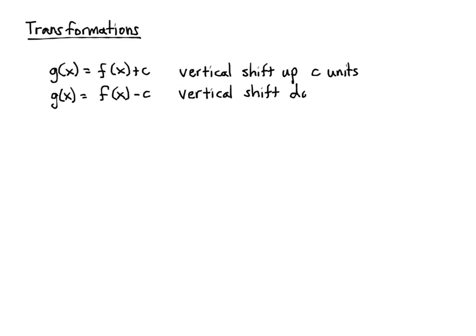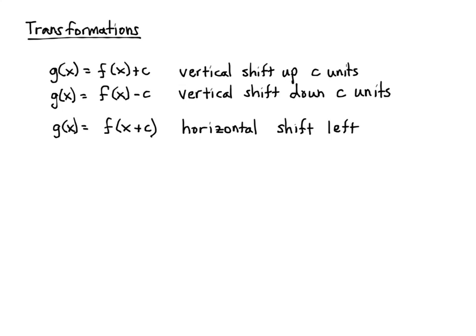Similarly, if we subtract something from it, we're going to shift it downwards c units. And you can see here, it really doesn't change the function in terms of its shape very much. It just either raises it or lowers it. And that's probably the most intuitive shift that we can make, is just adding something to the end. Now, if we add a number to x before we perform the function, we're going to go left and right. And so essentially what we're doing is we're playing with the horizontal scale. Now, you would think if you're going to add something that you would go in the direction of